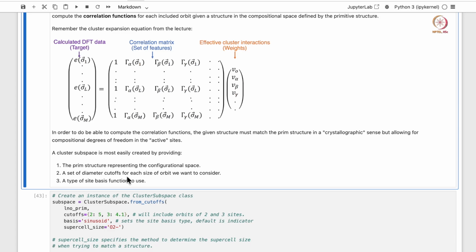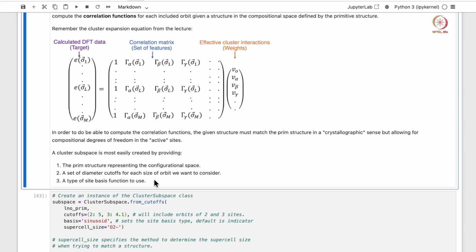I told you we want to compute cluster interactions: point cluster, pair cluster, triplet cluster. So we specify a cutoff value for each cluster type.